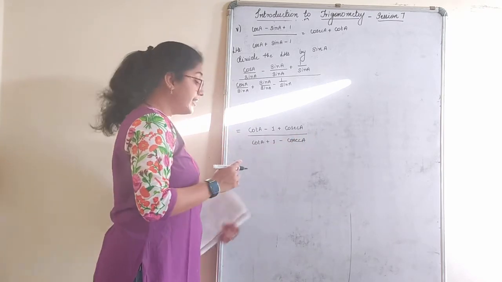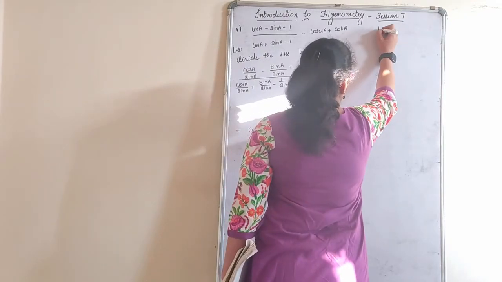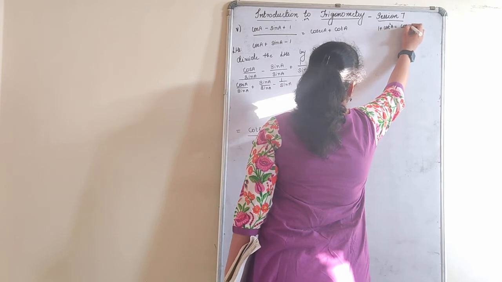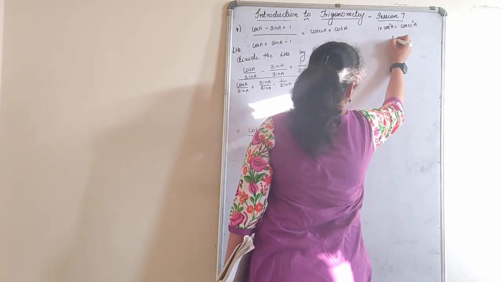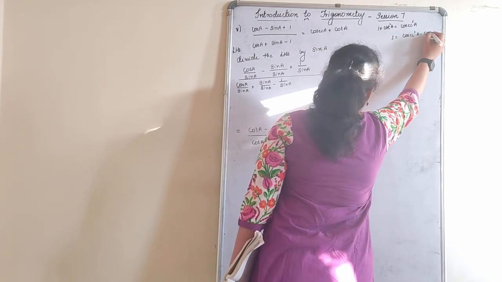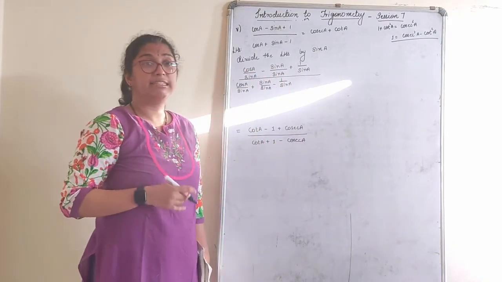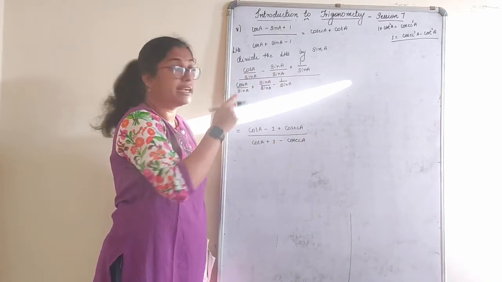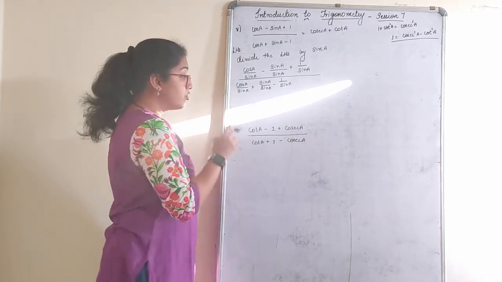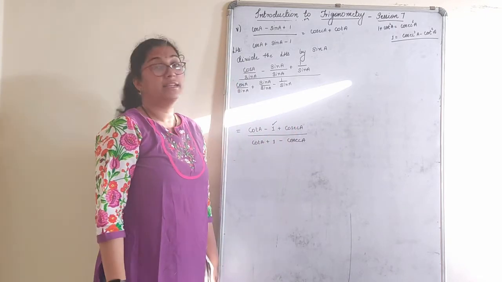Right? Now the hint they have given something. Use cosec square A is equal to 1 plus cot square A. So 1 is equal to cosec square A minus cot square A. I had told you all, usually we use the first identity. A very rare case we use that 1 is equal to cosec square minus cot square. Right? I had told you this. So here we are going to use this 1 as cosec square A minus cot square A.